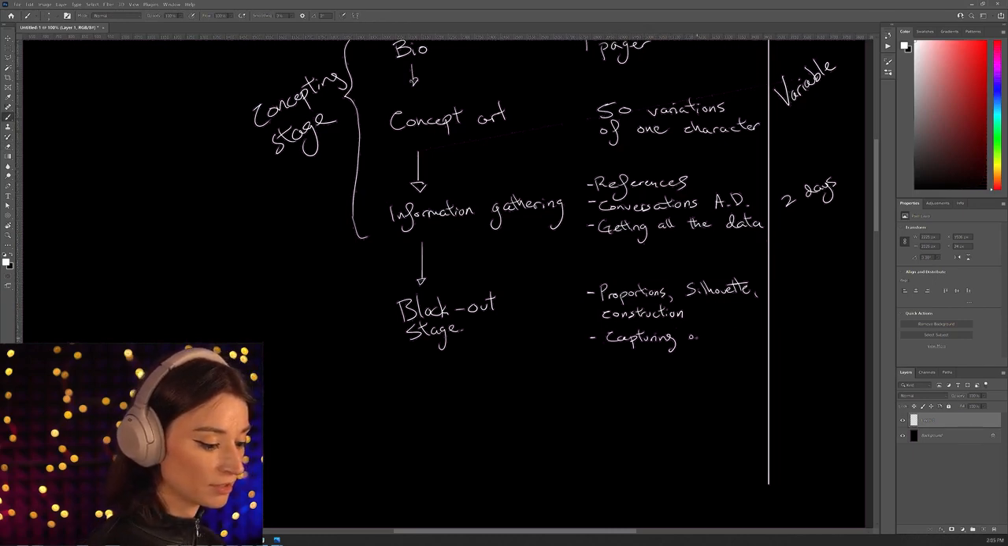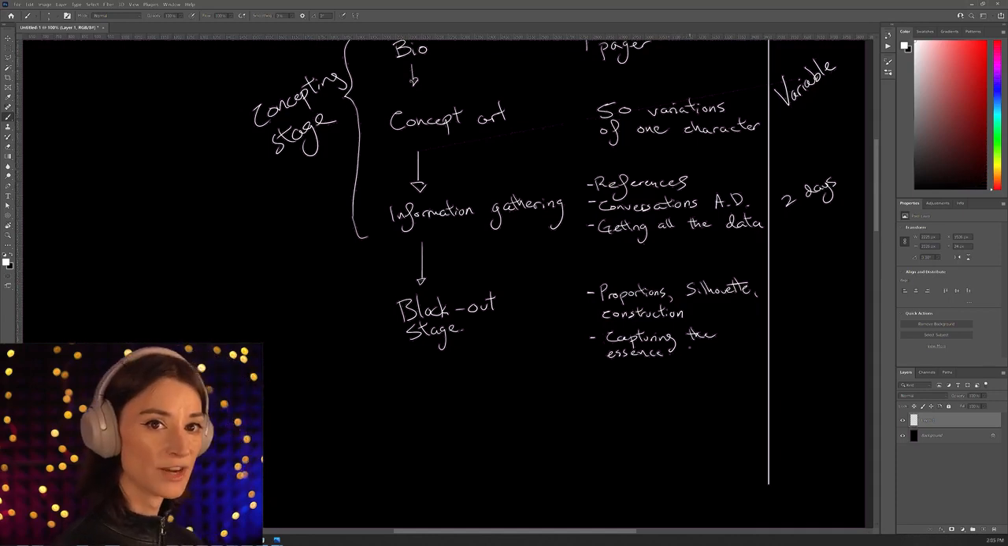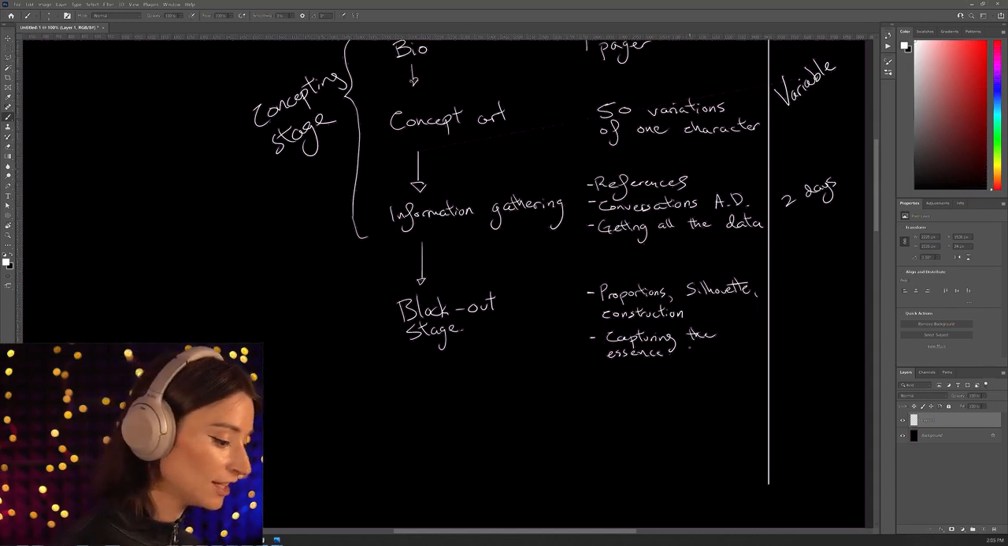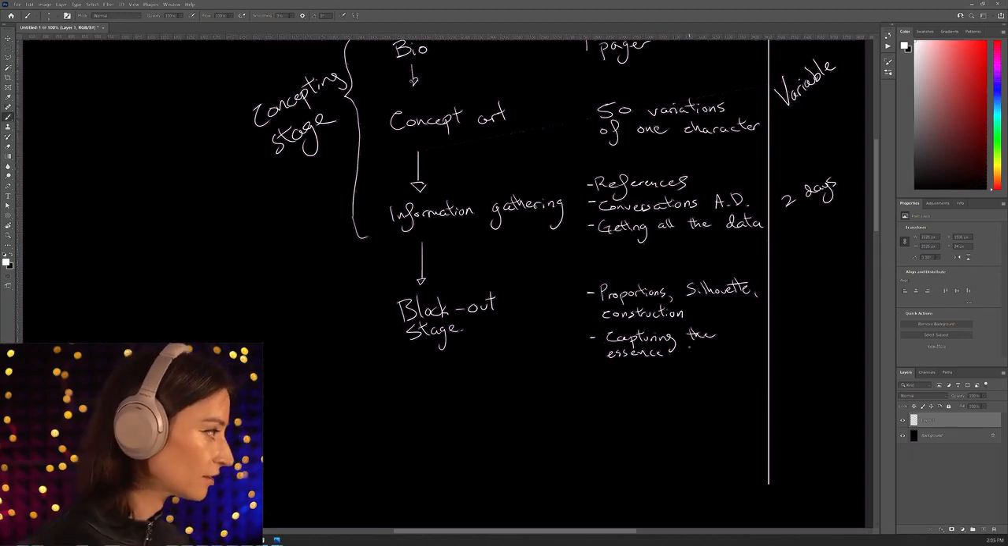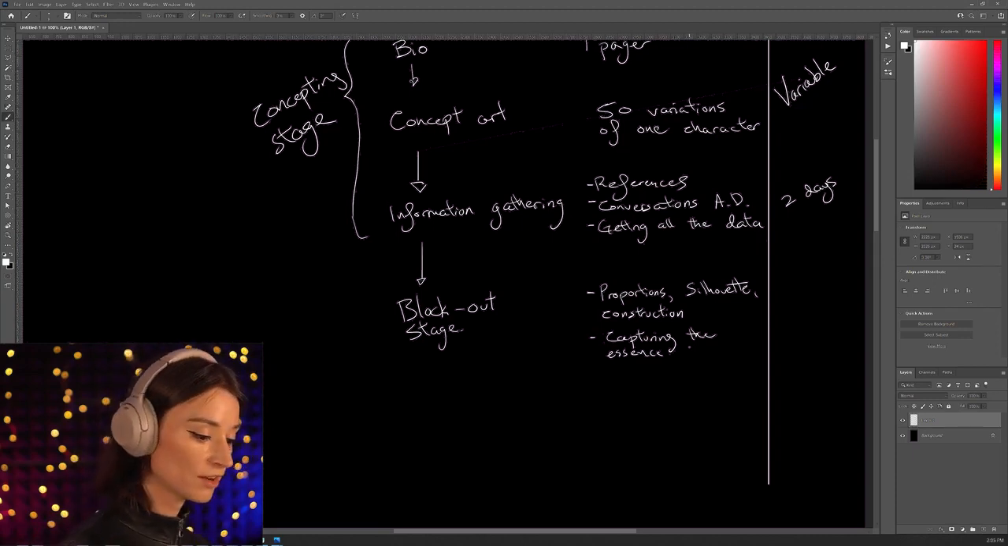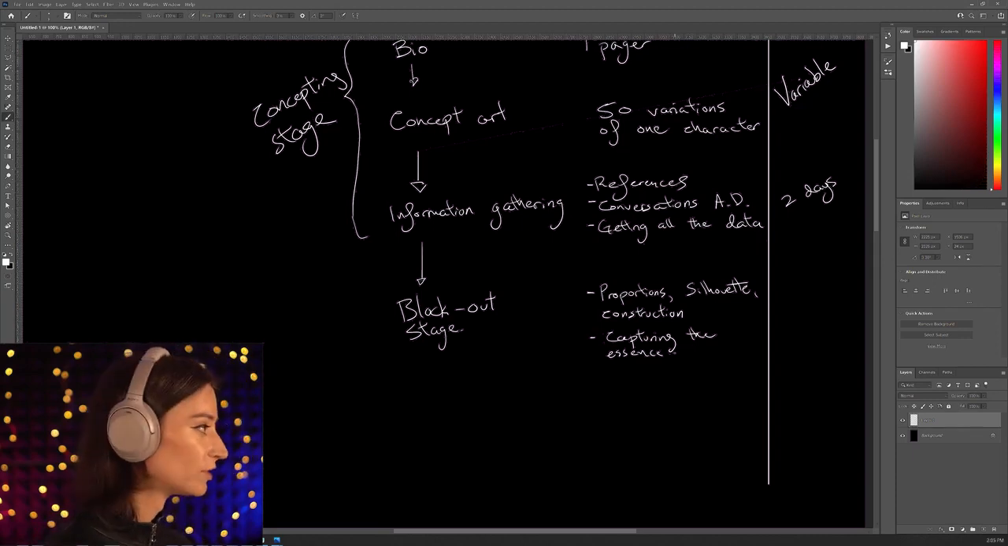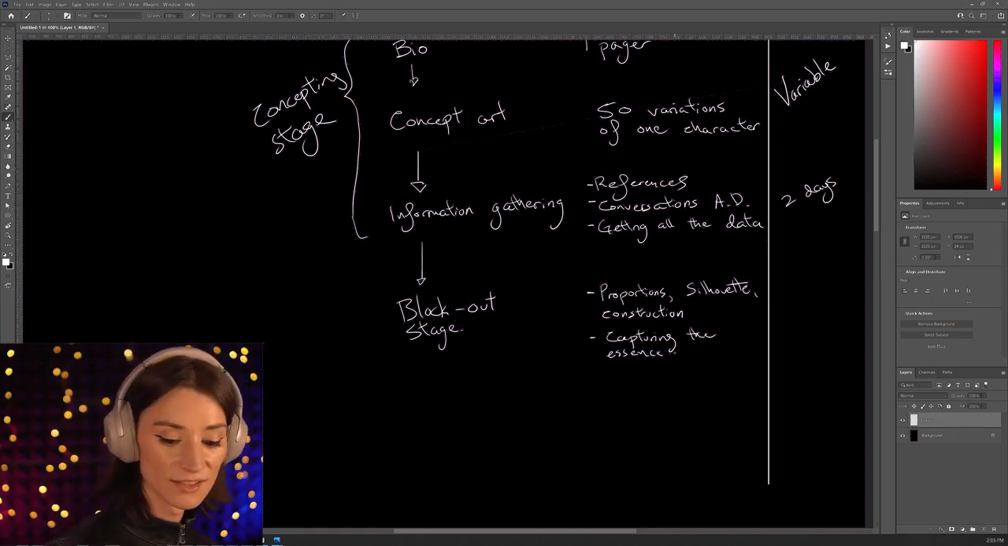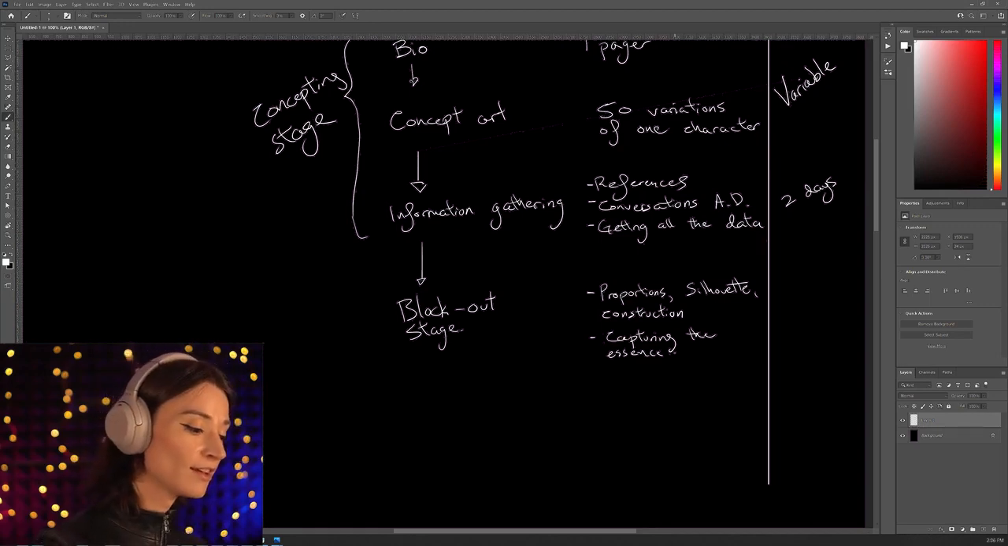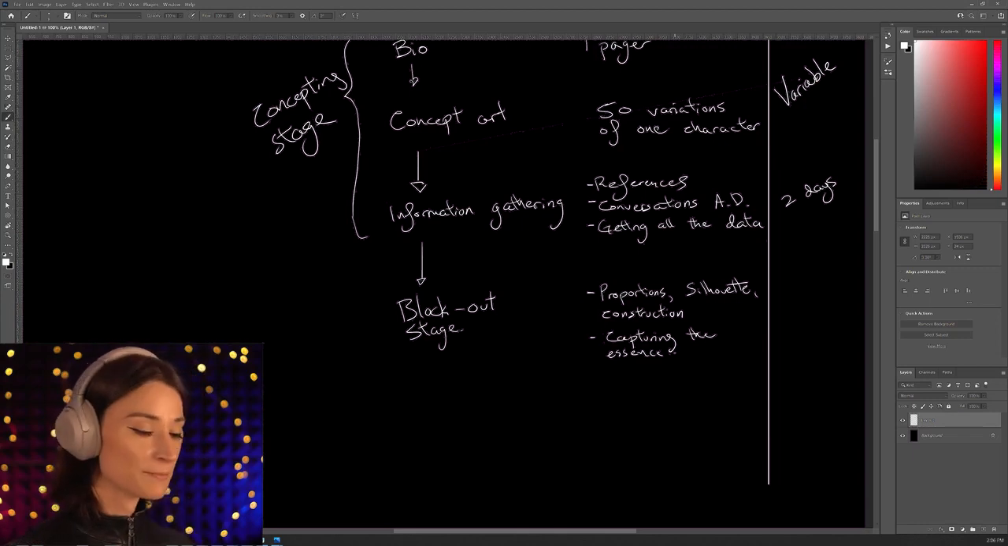Because people are like, capturing the essence, what does that mean? What is the essence of a character? Do we distill it until oil comes out of the character? Is that the kind of essence? This very fragrant character art oil? Is that the essence of the character? It's like, no. For me, the word essence,